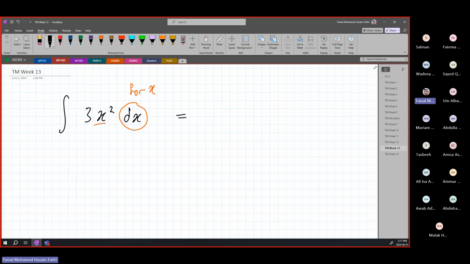So first thing we can do is take the 3 outside, because 3 is a constant value. It does not affect our integration. And we will be integrating just the x squared itself. Anytime you have a constant, you can keep it out of the integration. And this will be 3 times the integration of x squared